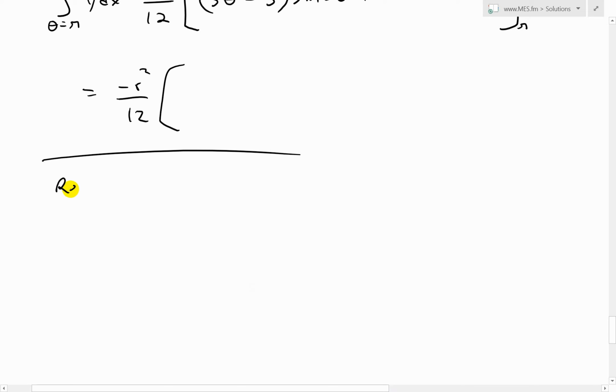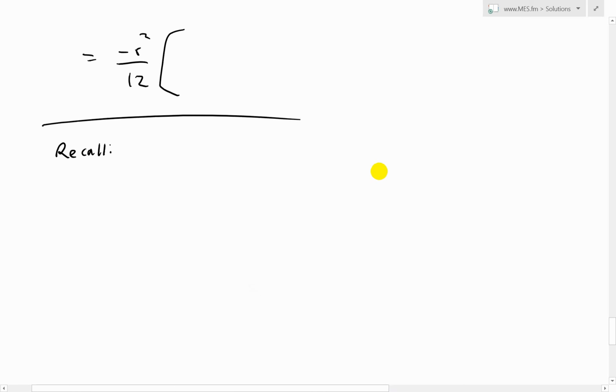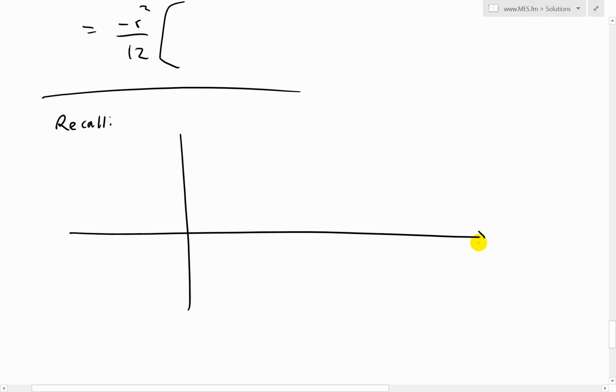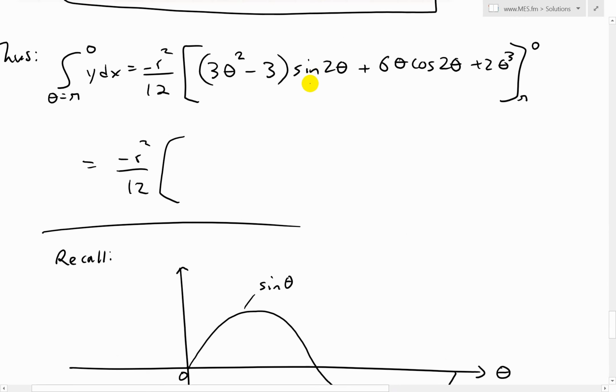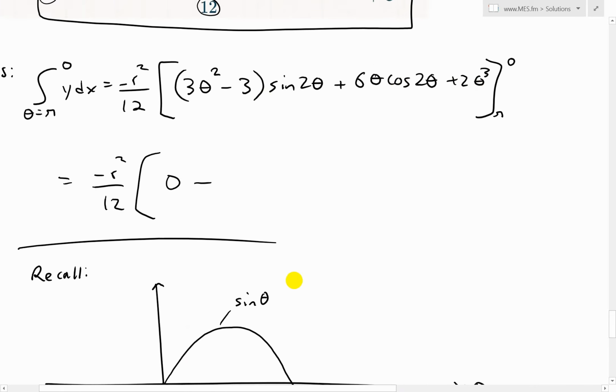So recall, if we have sine theta, and this one here is the angle, this is sine theta, and this is at 0. That's just 0. So as you can see, that goes to 0. So we just have 0, and there's a 0 there. So that's everything 0. So 0, subtract this by